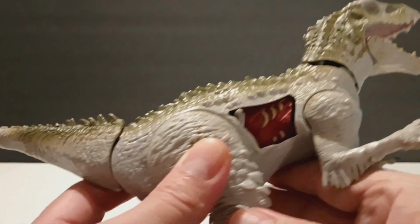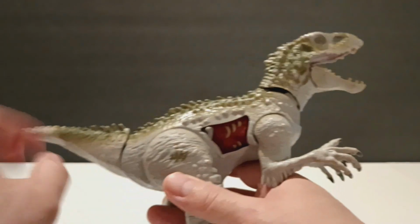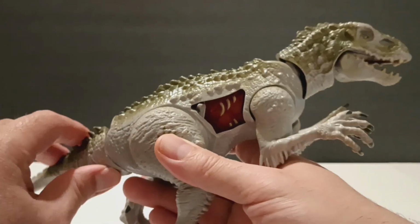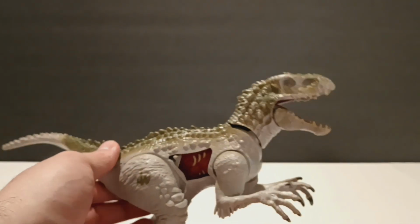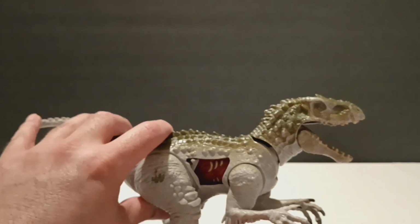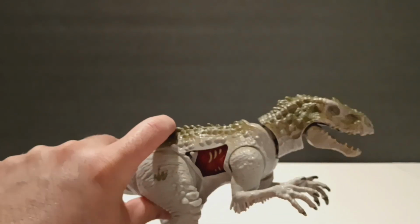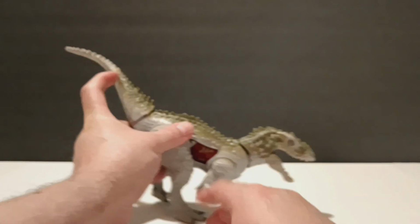But anyways, on to the action feature. So here's the tail, and if we press down on the tail, it's supposed to have a chomping gimmick. Get the little squeaky. You might not be able to hear it on here, but in person it's very faint. And then you've got all that creaking. But yeah, you could have it bend down like that, and then